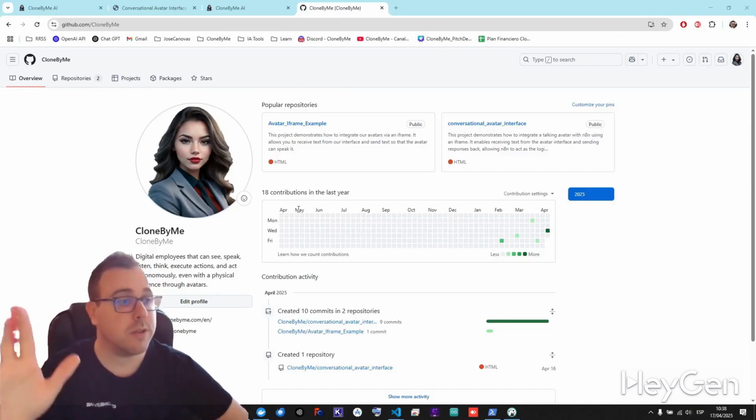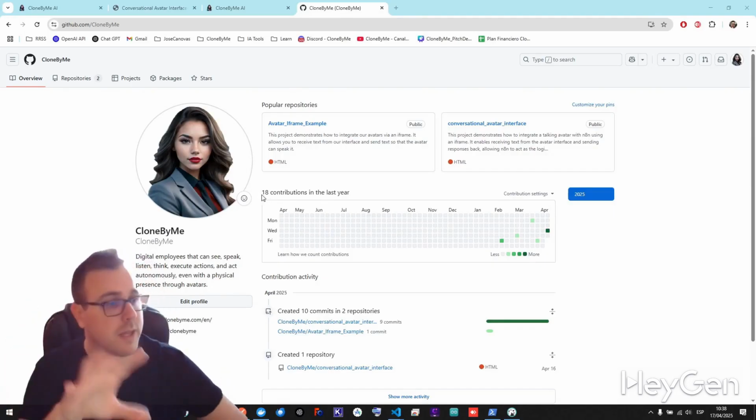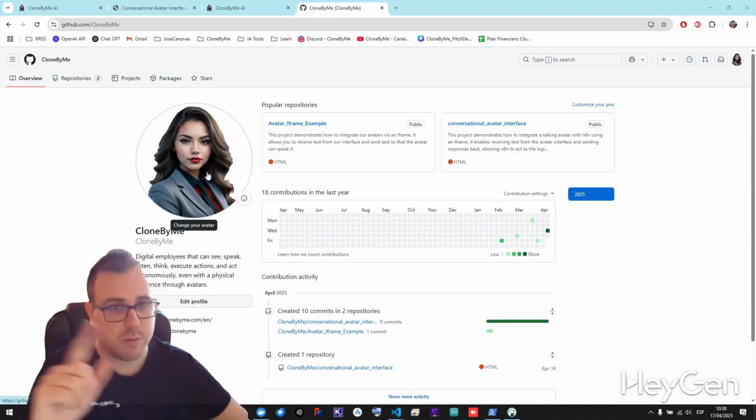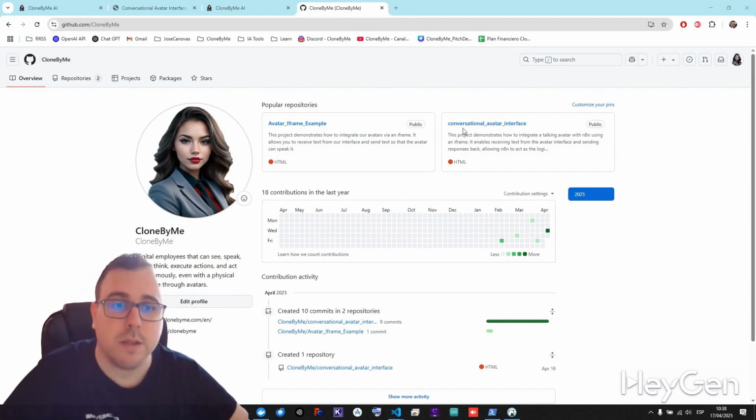So now we are going to download a small piece of code, which is essentially an example of an HTML web page to be able to integrate the avatar and communicate with it and with the webhook. What we are going to do is go to CloneByMe on GitHub, and what we are going to do is